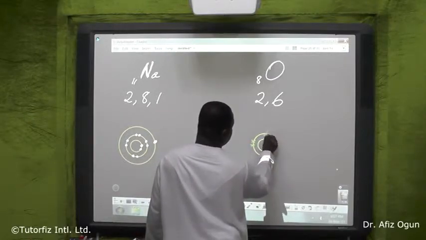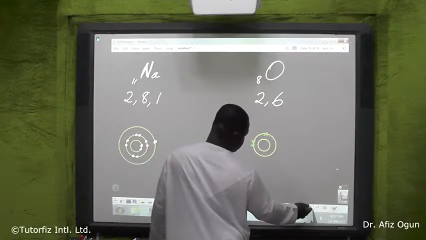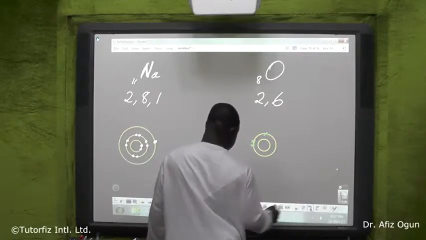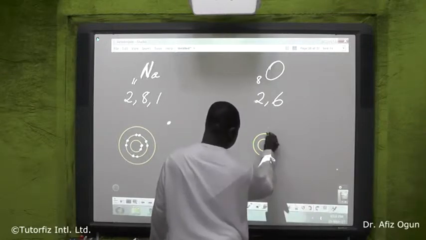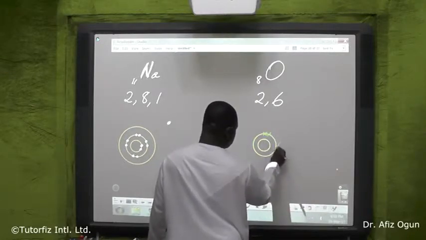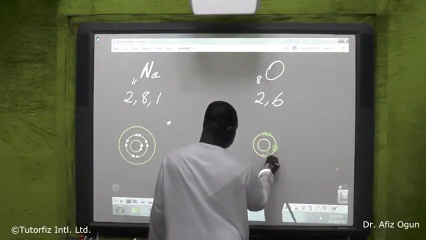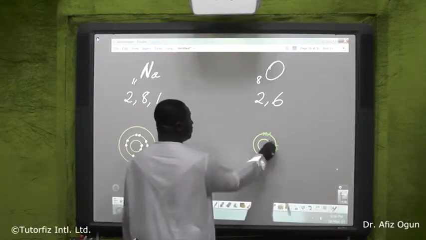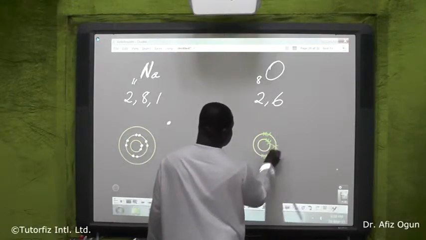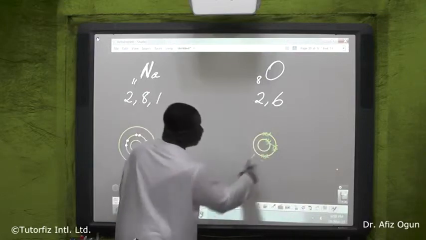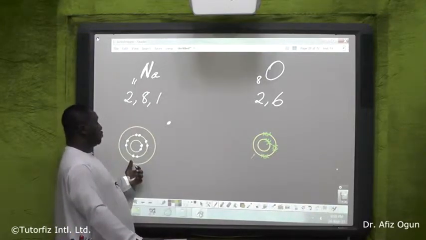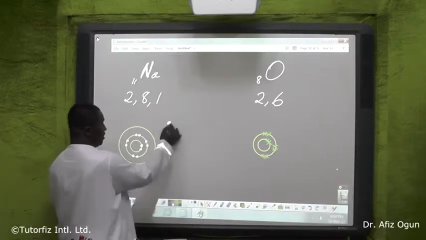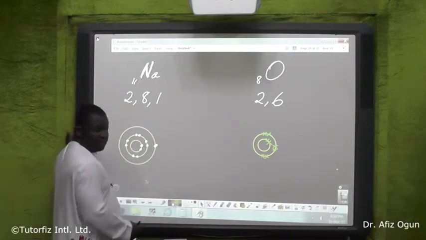There's 6 there in the outermost shell, and it has 2 in the inner shell. It needs 2 to complete this outermost shell to be like a neon, and this one needs to lose 1 to be like neon. Needs to lose 1 to be like neon. So